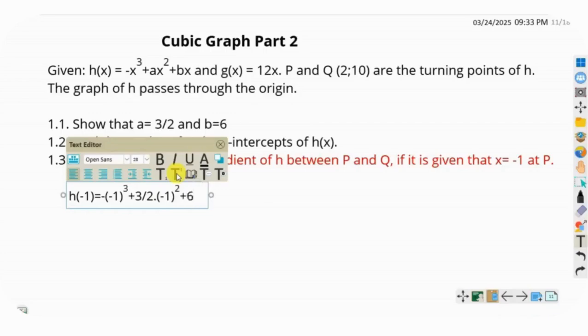Okay, so the y value, when you punch this on your calculator, it gives you